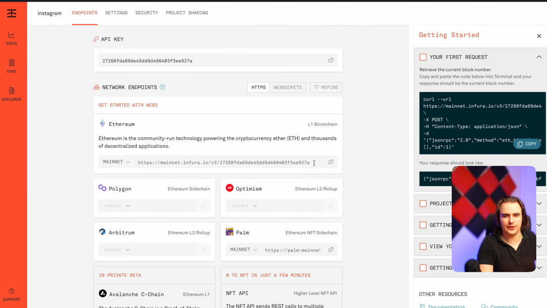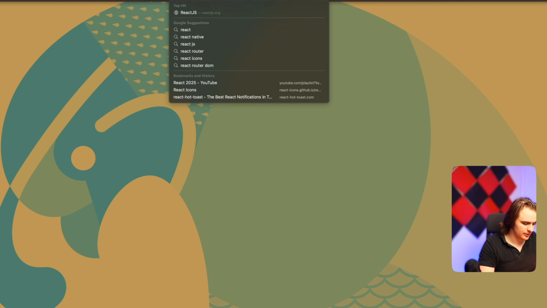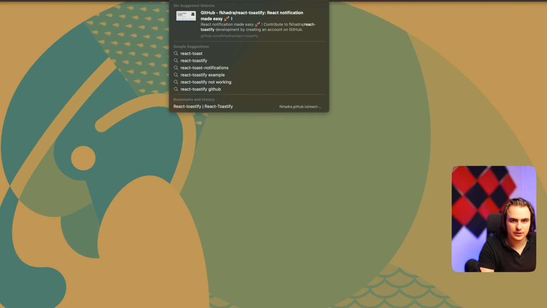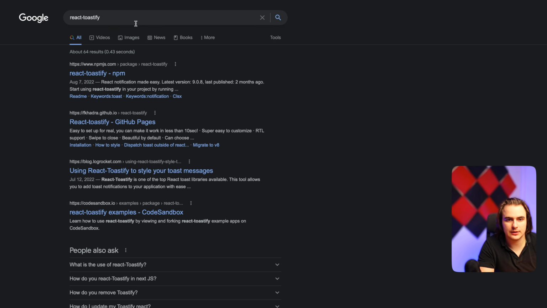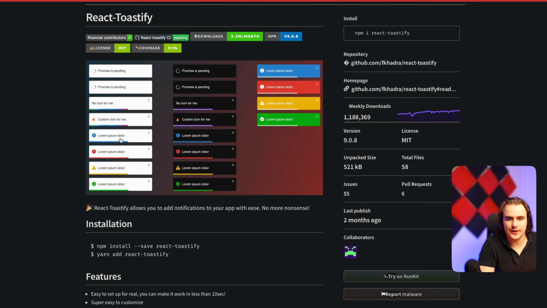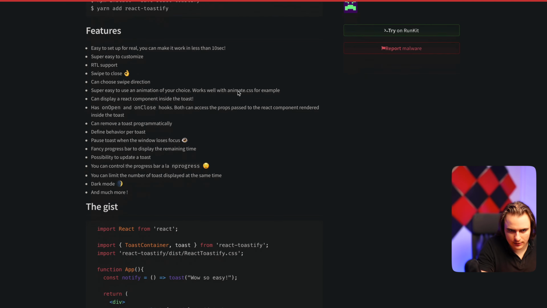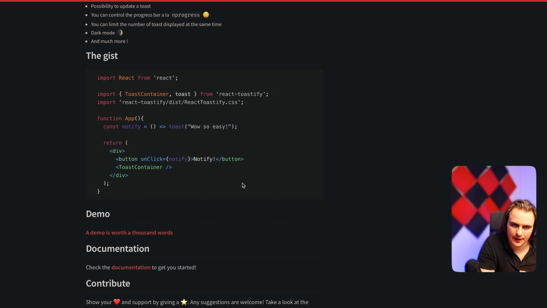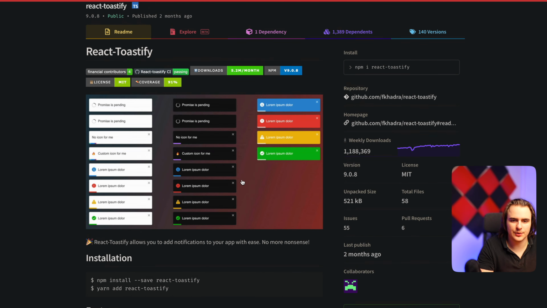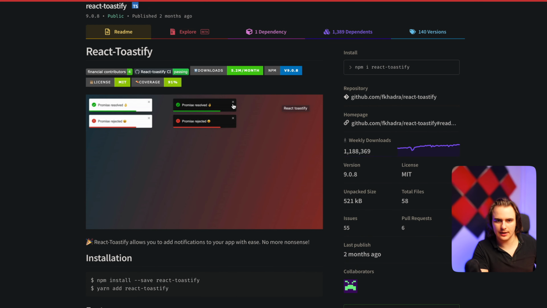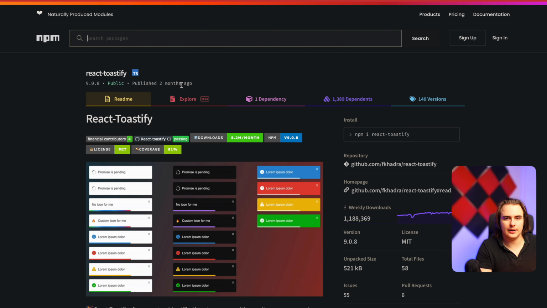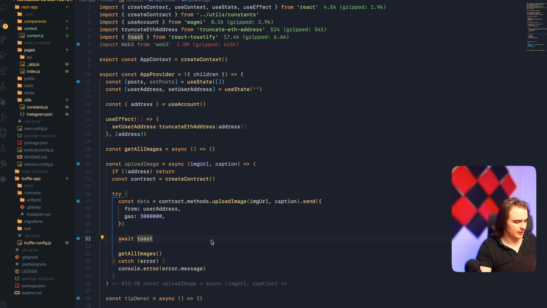It's called Toast. And I think the package is called React Toastify, which we actually imported. So let's just take a look at how it looks. If you go to npmjs.com, it's going to be right there. Yeah, these are the toast messages, and you can come here, figure it out, and do all kinds of modifications to it, make them yours, customize it, and this is exactly what we're going to have. Wrong error, but anyways, going back here,